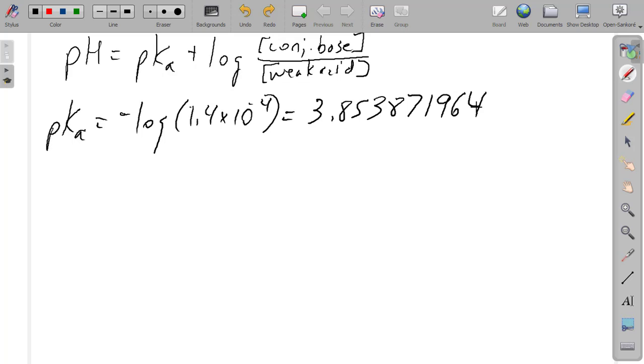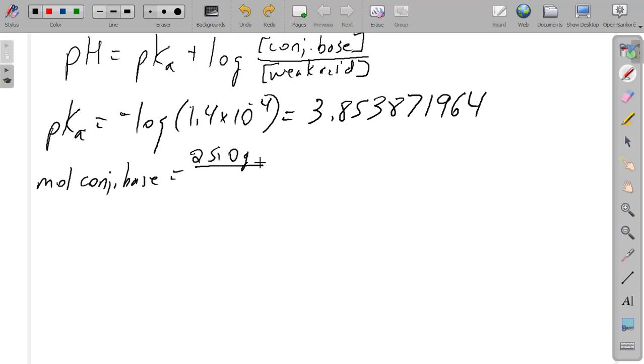And so there's the first piece we need. Now the other pieces that we need are the concentration of the conjugate base and the concentration of the weak acid. All right, so the moles of conjugate base equals